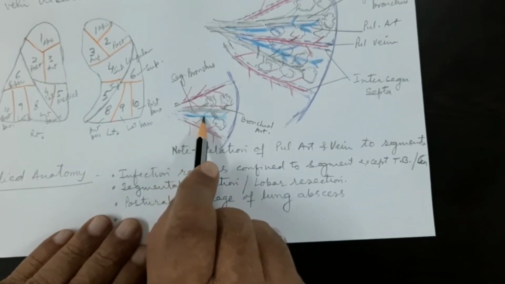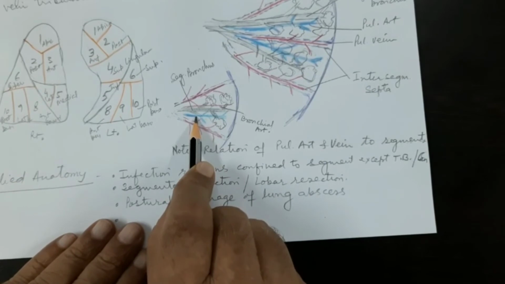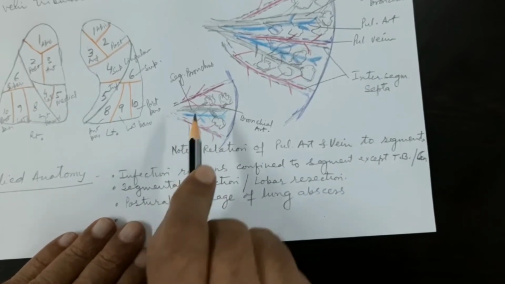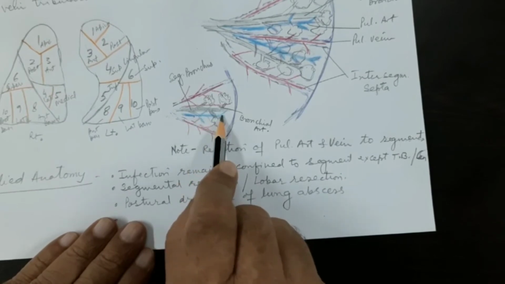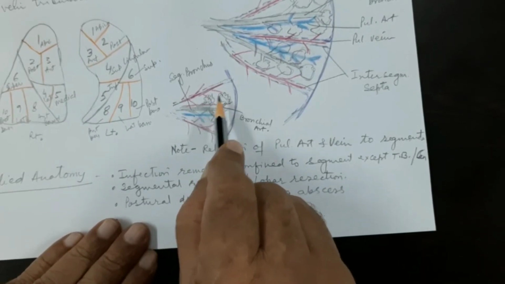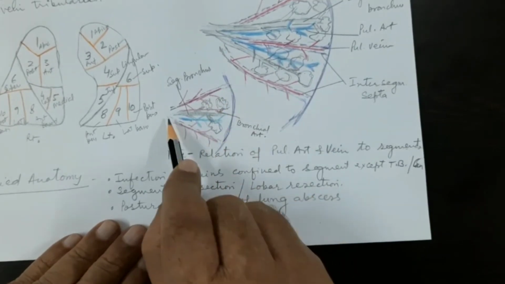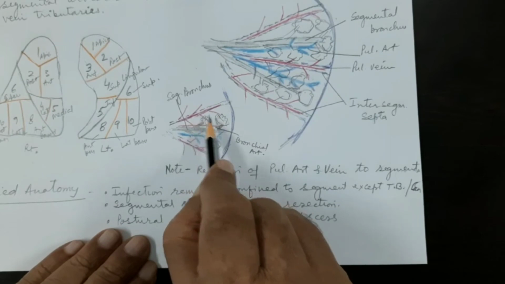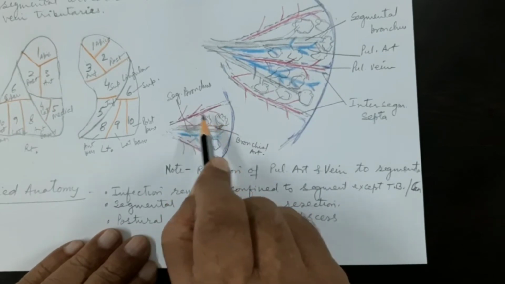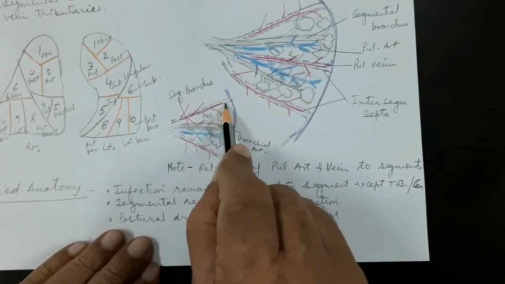But then I have drawn here in blue one which is repeatedly dividing, and this is the pulmonary artery, which is bringing the deoxygenated blood which will get oxygenated in the lung alveoli of this bronchopulmonary segment, and from here the oxygenated blood will collect into the pulmonary vein.